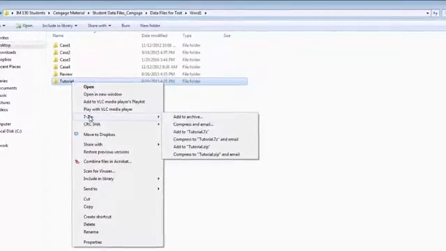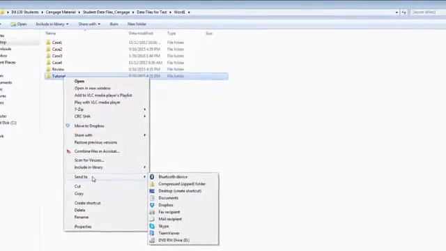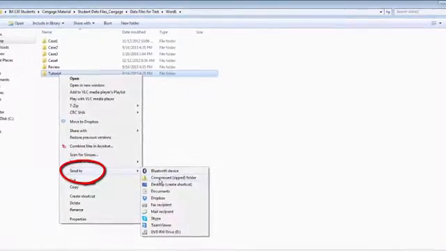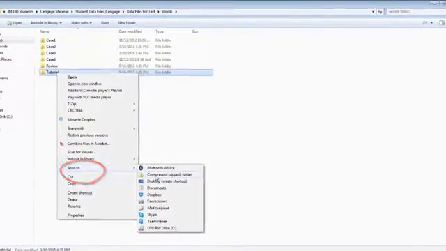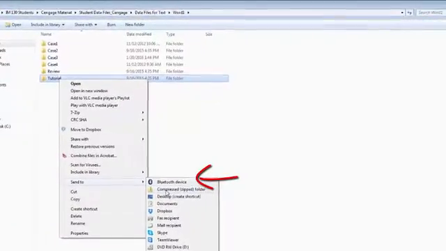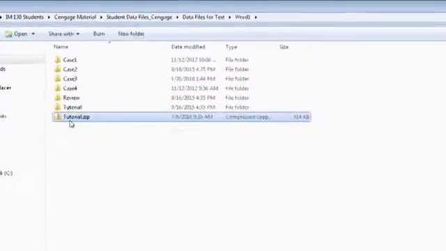Then I'm going to go down to 7-zip. Now you may have something named differently. It may be WinZip. And I take it back. I'm going to go down to Send To first. So I'm going to go down to Send To. Then I'm going to go down to Compress. Now everybody should have this on your system regardless of your operating system. If you're on a Mac, it may be a little different, so it's going to be up to you to look that up. So I'm going to left click on Compress, and then I get another folder with a little